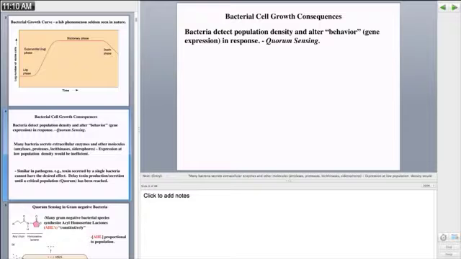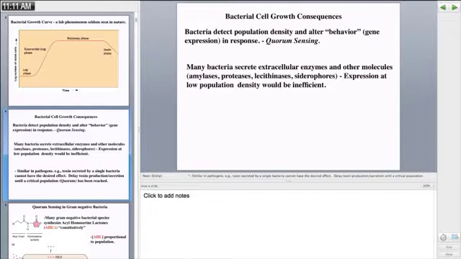And I put behavior in quotes because by behavior, for the most part, I'm saying gene expression. So bacteria will change the pattern with which they express genes based on the population. And this makes perfect sense if you think about the behaviors that are being changed as a function of population. So many bacteria, and we've talked about secretion already, secrete extracellular enzymes and other molecules like siderophores, those iron-binding molecules,